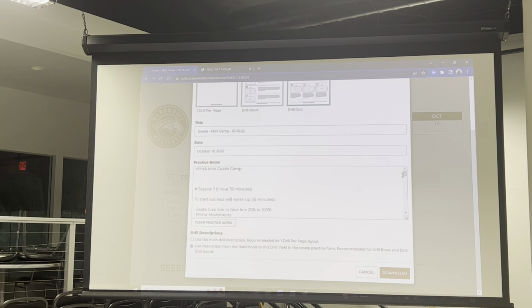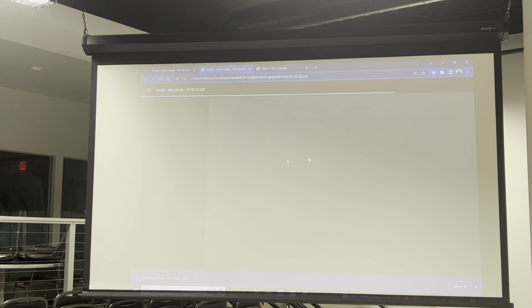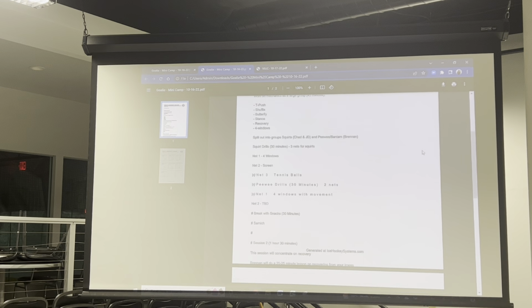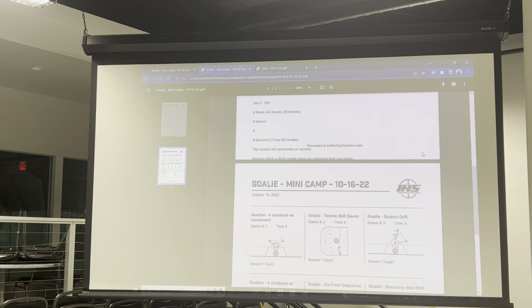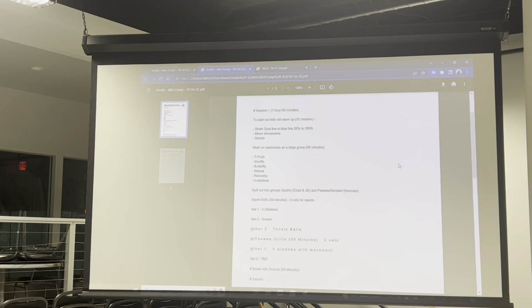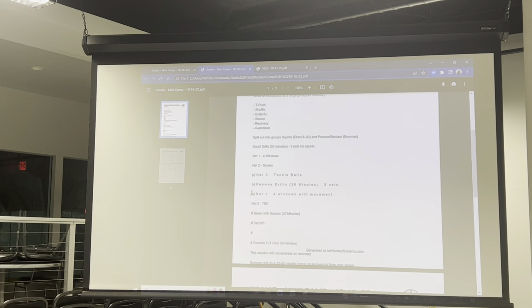So here's all my notes in here that tell us how the practice is going to go, as well as the drills. And we see this one's taking a little bit more to download because it's got a lot more information in it. But now, this is a much more complete practice plan, I guess, with a lot more documentation, and apparently some Russian, so I'll have to fix that